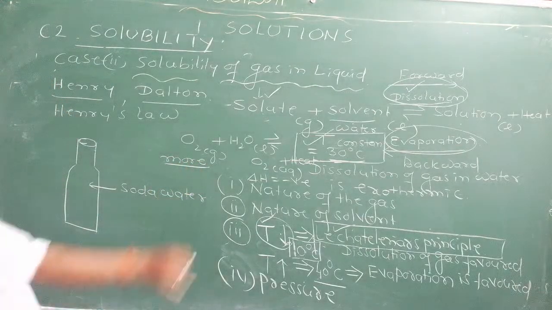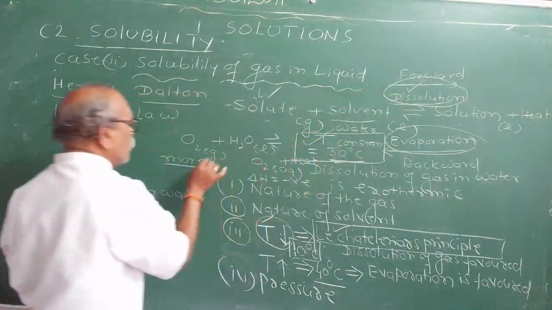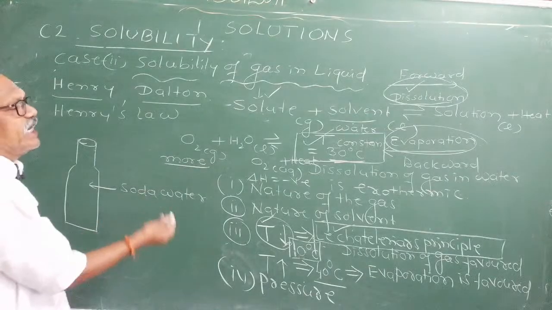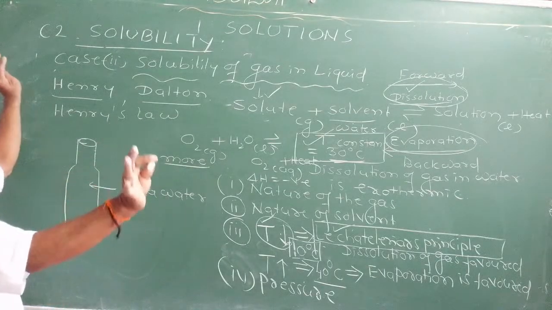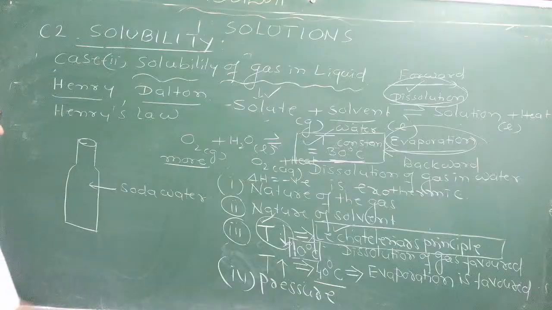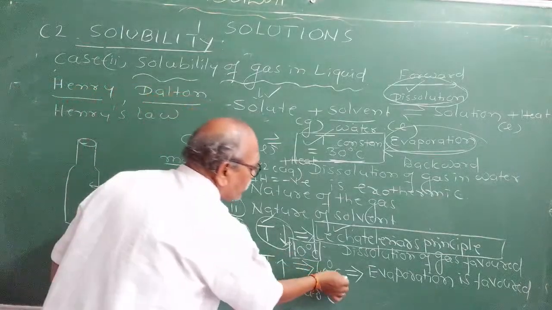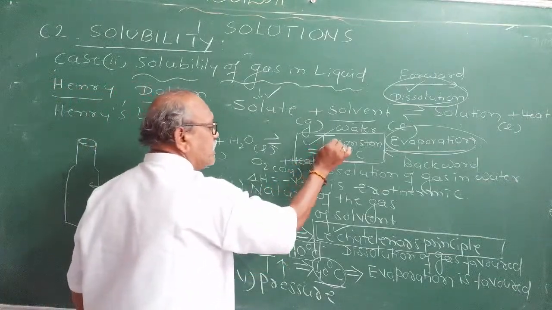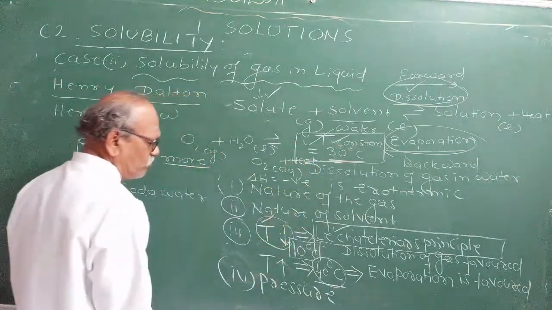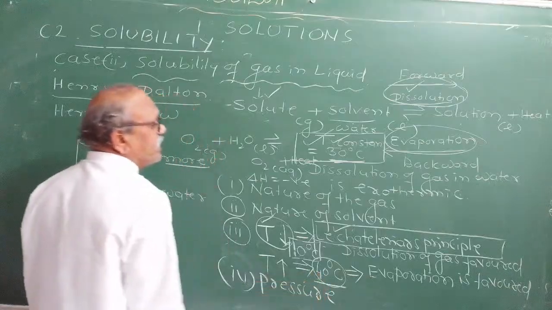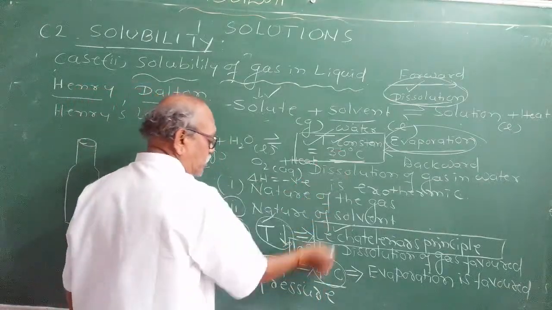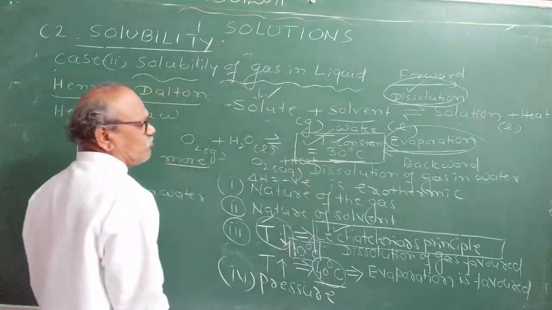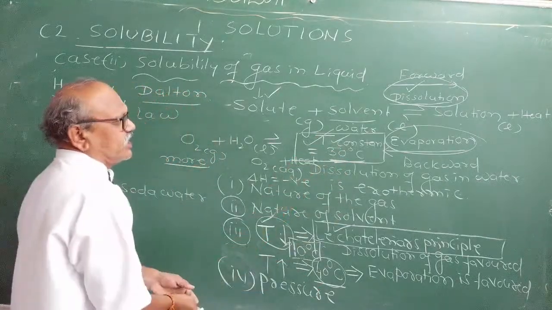Are you getting me? Dissolution is favored. When more oxygen is dissolved in water, underwater aquatic animals will get more oxygen. Therefore, they can comfortably survive. In the summer season, the room temperature will be 40 degrees centigrade, while the equilibrium wants the water at 30 degrees centigrade. When the room temperature is 40 degrees centigrade, the temperature should be decreased by 10 degrees centigrade. In order to decrease the temperature,